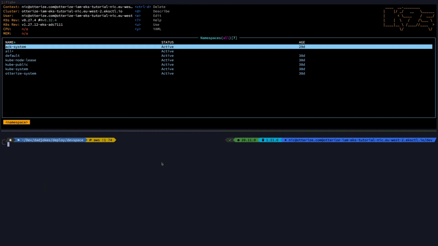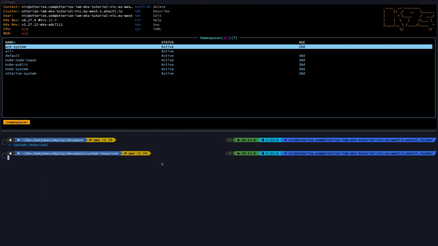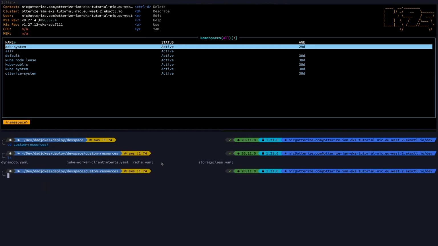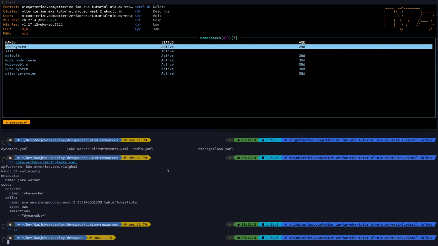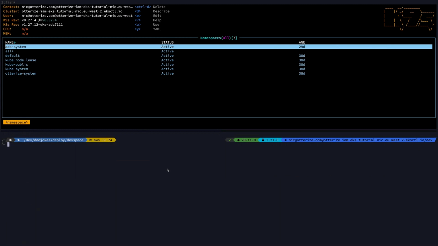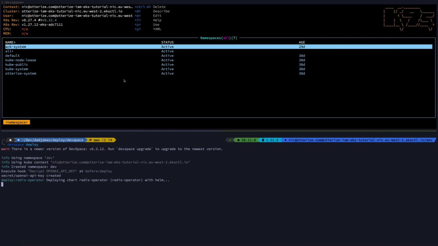It's really powerful. And as part of the application deployment, I'm deploying some custom resources, including the client intent for the joke worker, which contains the requirement to access my DynamoDB table. So now let's deploy that application. For this, we go back into the DevSpace folder and just run devspace deploy, which is going to create a new namespace